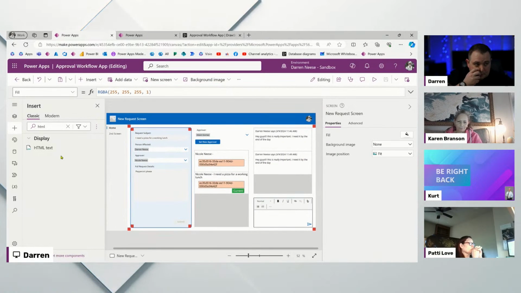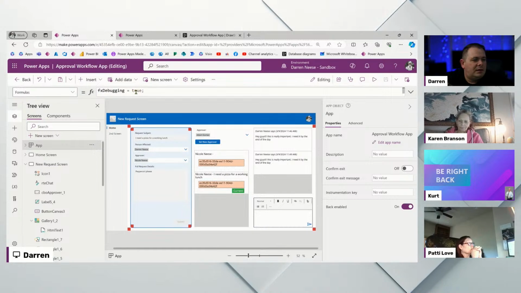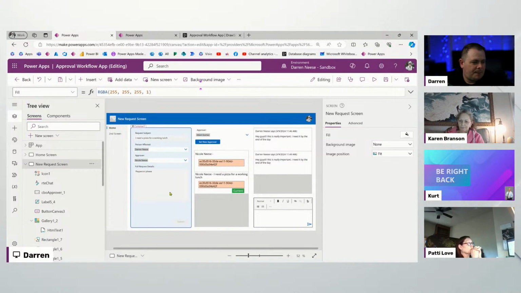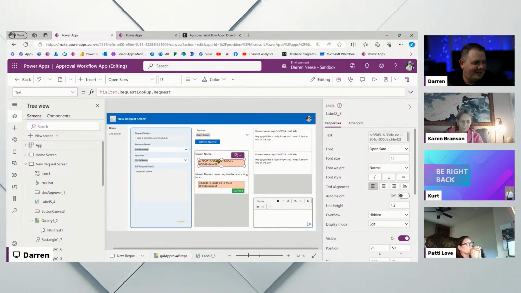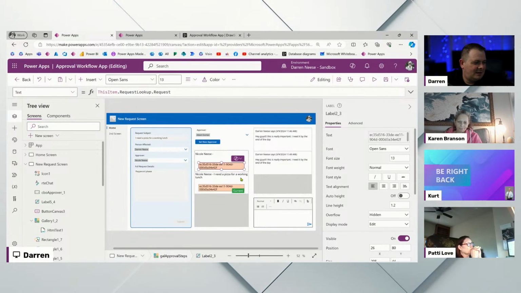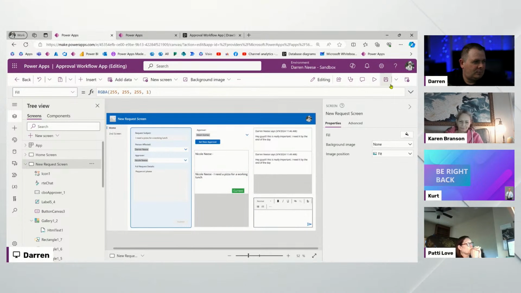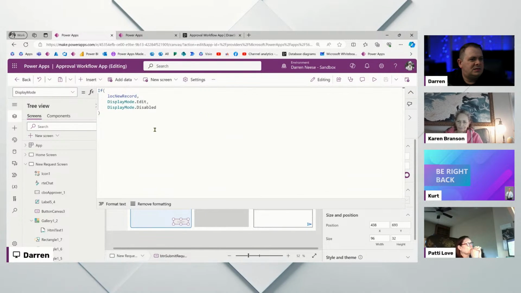I'm going to go back in here and turn off this debug mode because I don't want to see these little red squares anymore. And I think I'll take these labels out now. Okay. And this thing, I want to set this up